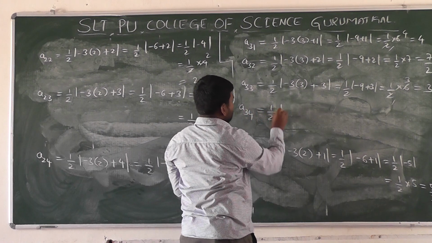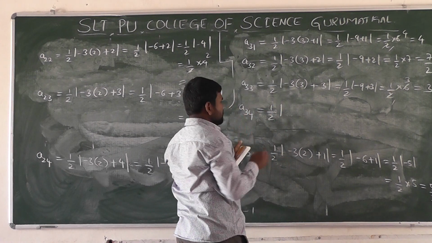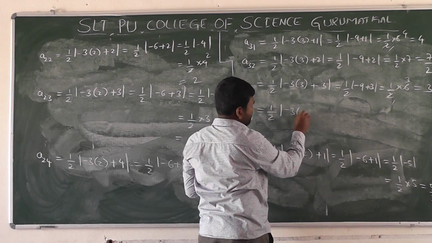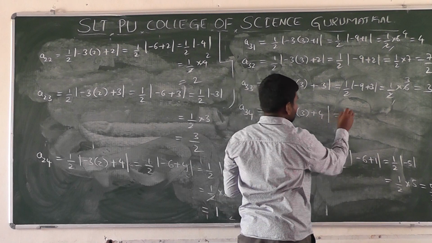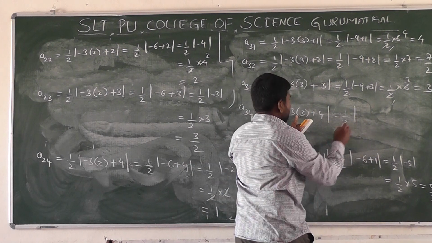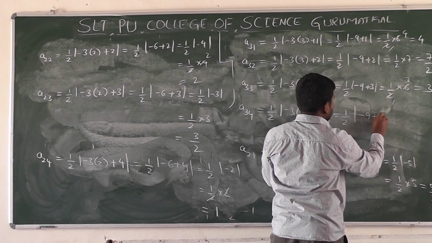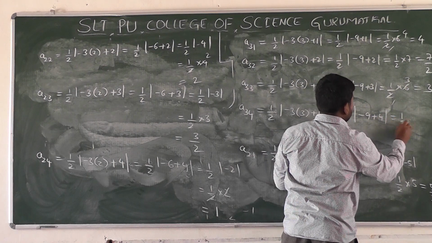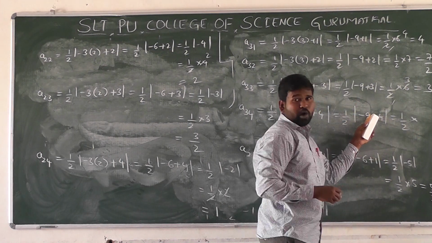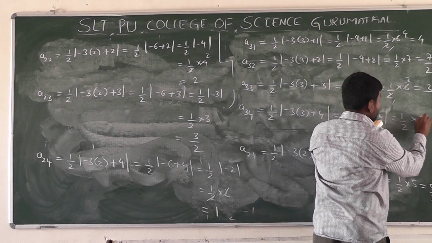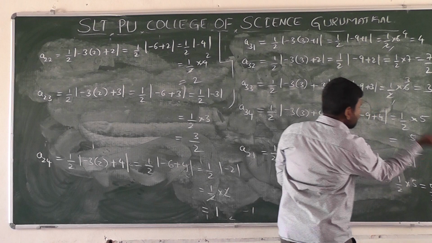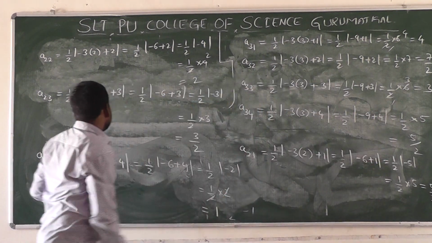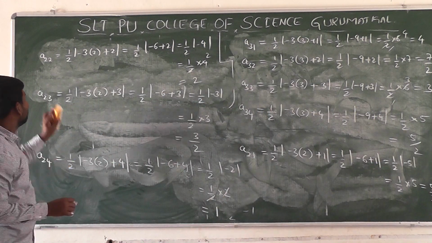Half into i in place of we have to put 3, j in place of we have to put 4, plus 4. 1 minus 9 plus 4. Minus 9 plus 4 how much here? Minus 5. Modulus of minus 5 we have to write as 5. 1 into 5, 5 divided by 2. Then we have to replace it